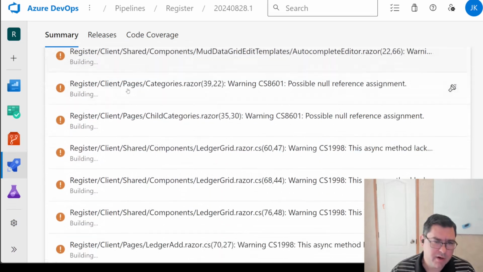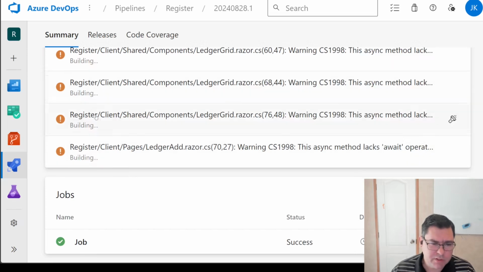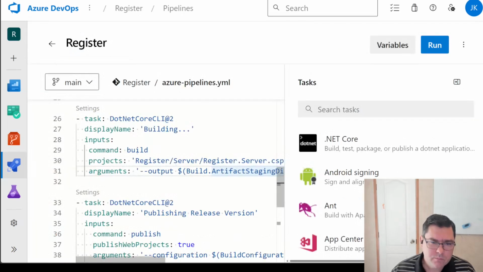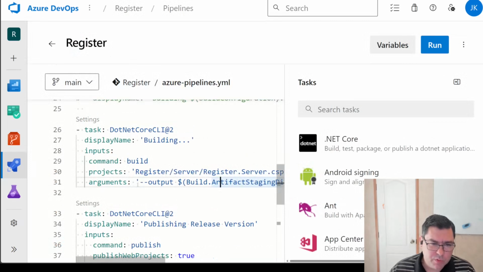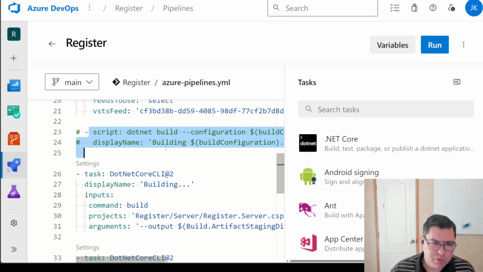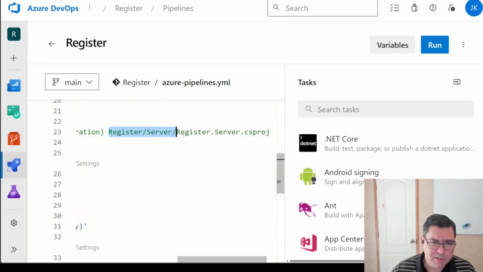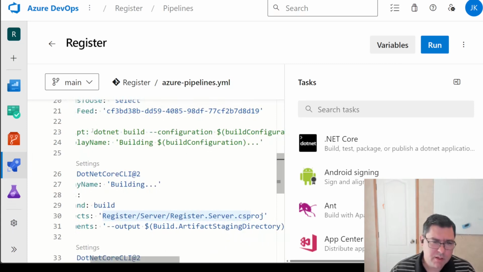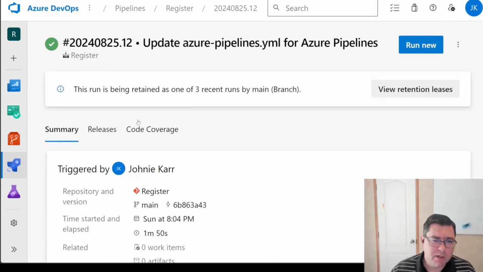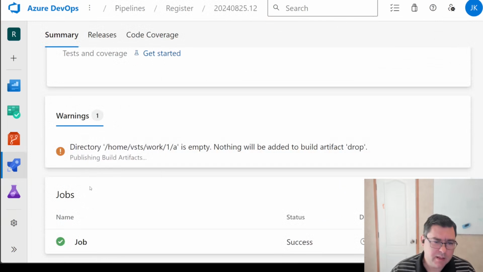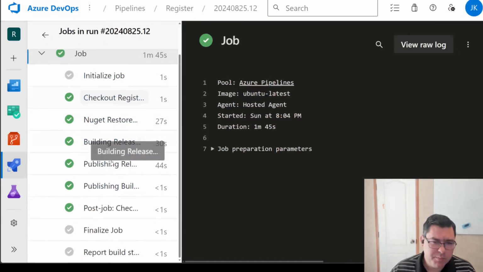And you'll see other warnings as well. So this is the other thing I noticed, and what I think was actually happening, the problem with using this script, which is what's here by default, in our scenario, where I wanted to build a specific csproj, this is probably the problem here. I probably had this statement here incorrect. And the reason I think that is if we go back and we look at the build,